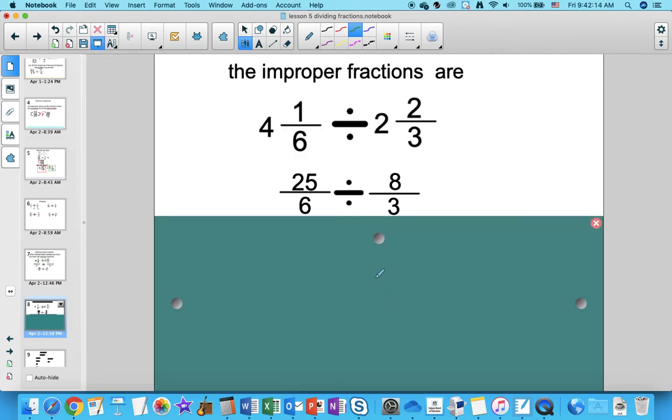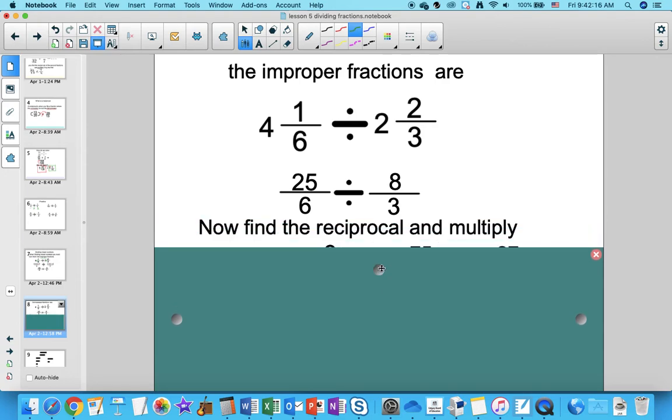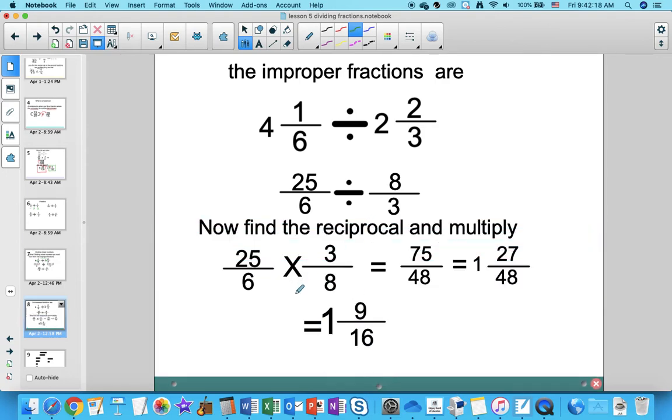And then all I have to do is keep, change, flip. Now find the reciprocal: the reciprocal of 3 over 8 is 8 over 3. So I keep, I change, I flip. Keep the first, change the symbol, flip the second fraction. 25 times 8 is 200